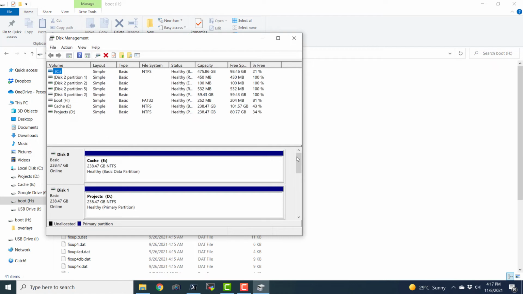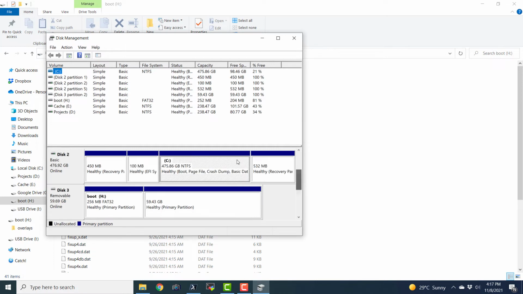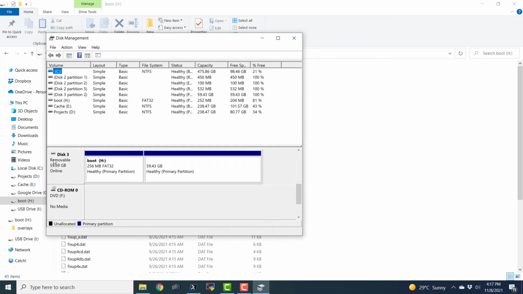Now here we can see E colon, D colon, and this is the C colon where we have installed the operating system, and then we have here the removable disk 59.69 GB. So basically it is a 64 GB micro SD card.